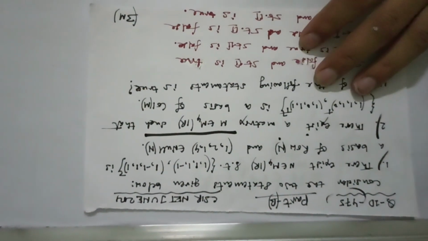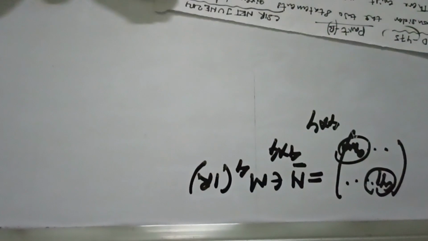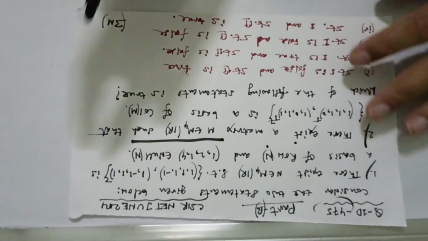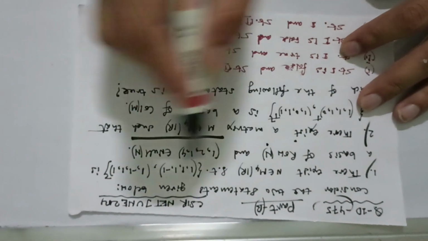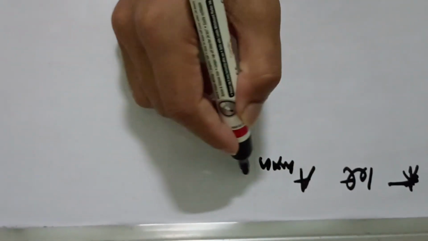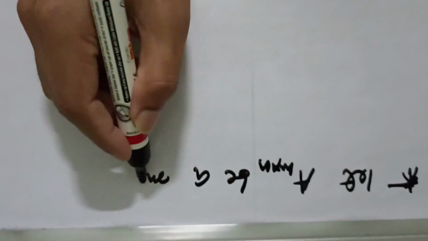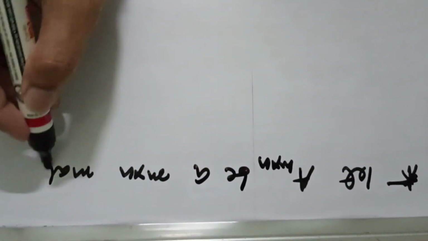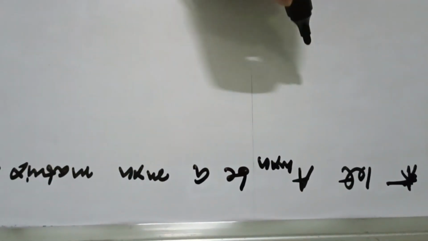To verify this statement, I am going to state a result. If you know this result, then you can verify this statement very easily. So what is the result? Let A be any M cross N matrix. Then the result says that